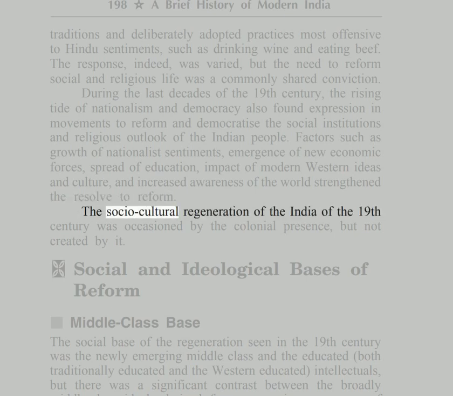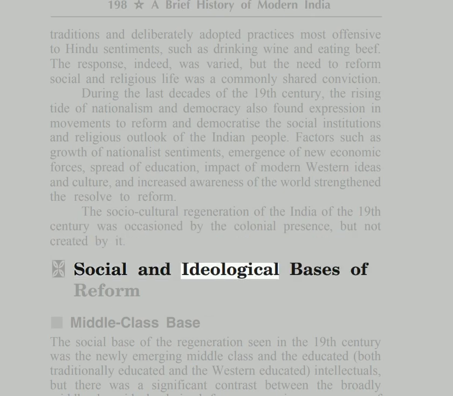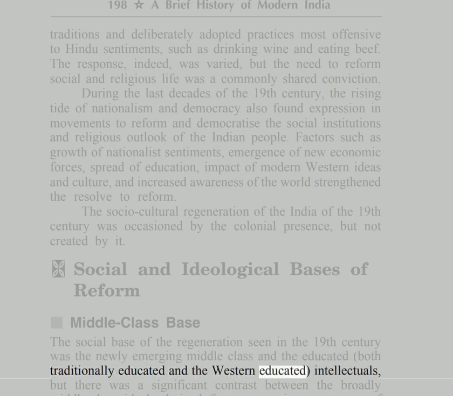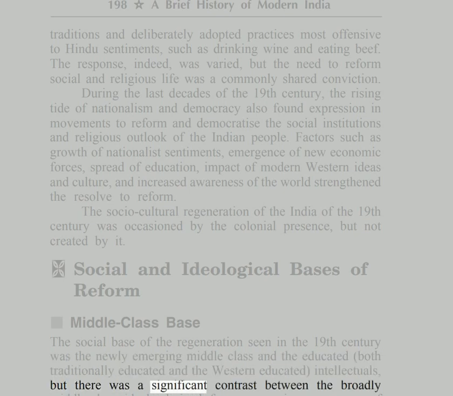The sociocultural regeneration of India in the 19th century was occasioned by the colonial presence, but not created by it. Social and ideological basis of reform. Middle class base. The social base of the regeneration seen in the 19th century was the newly emerging middle class and the educated, both traditionally educated and Western educated intellectuals, but there was a significant contrast between the broadly